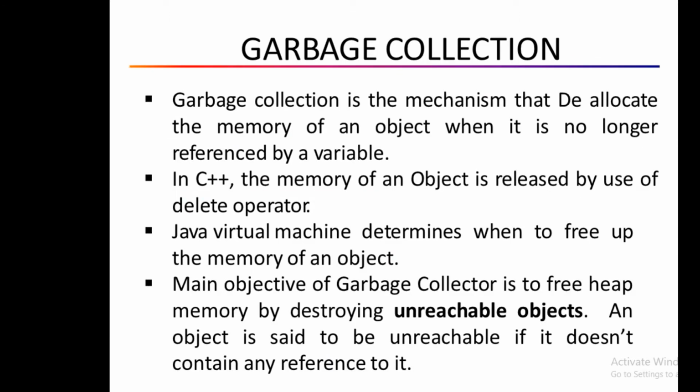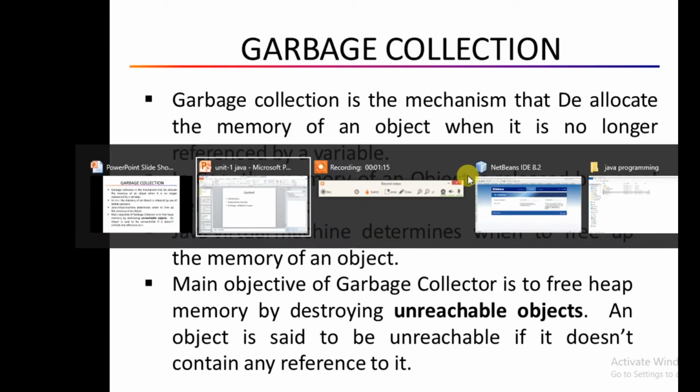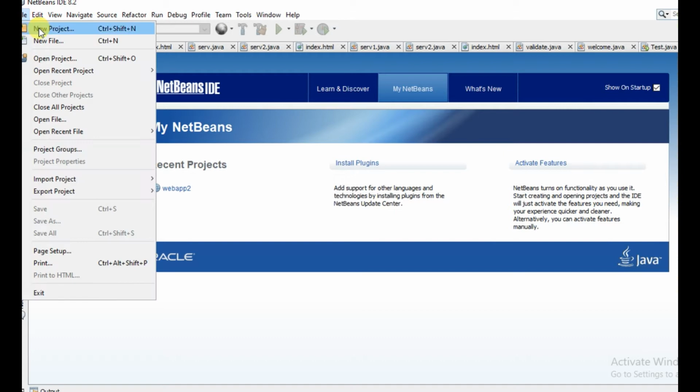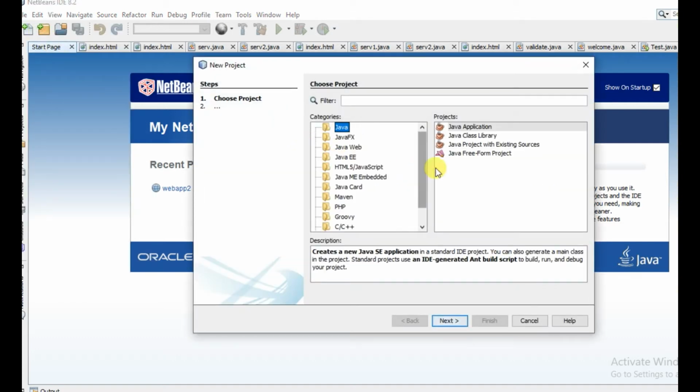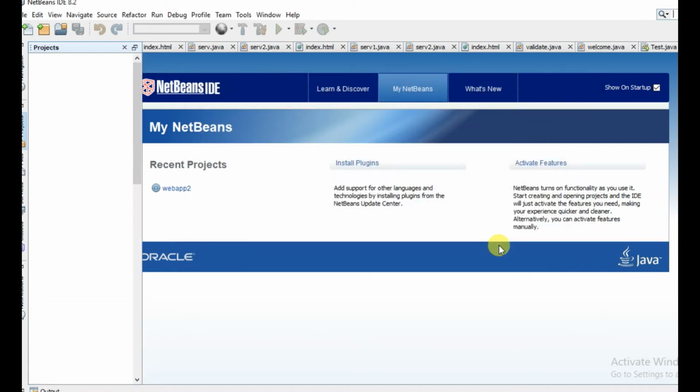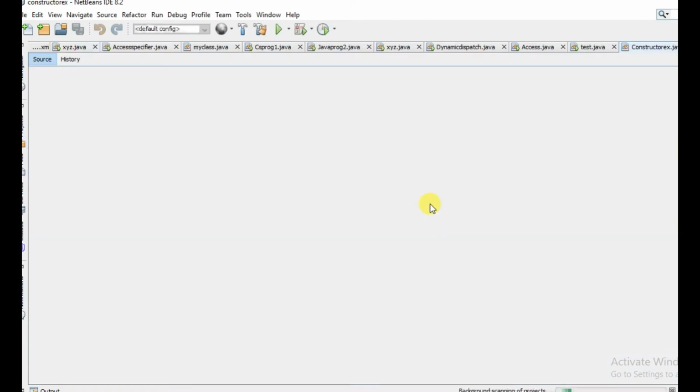Now let us see this practically. So let me open the NetBeans IDE and let us create a new project. NetBeans IDE creates a class.